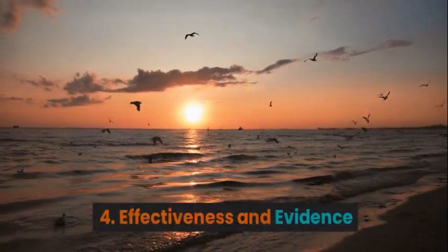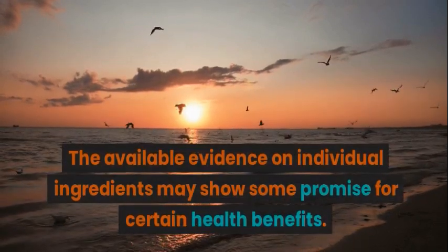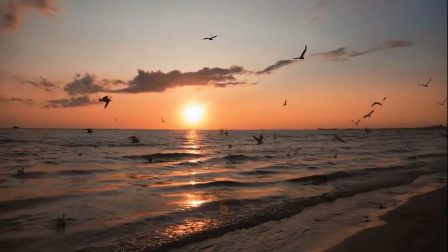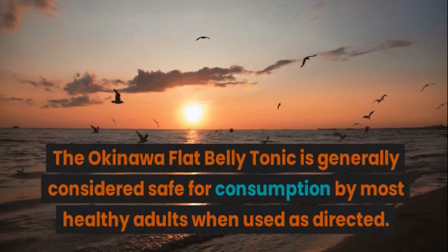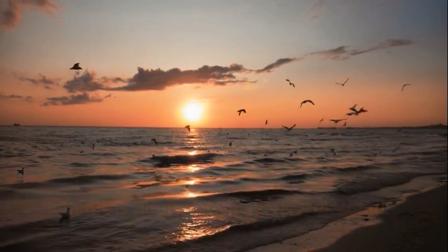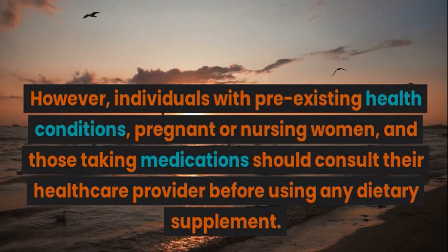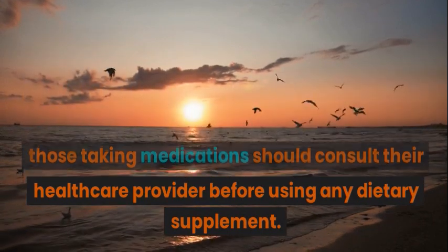4. Effectiveness and evidence. The available evidence on individual ingredients may show some promise for certain health benefits. 5. Potential side effects and precautions. The Okinawa Flat Belly Tonic is generally considered safe for consumption by most healthy adults when used as directed. However, individuals with pre-existing health conditions, pregnant or nursing women, and those taking medications should consult their healthcare provider before